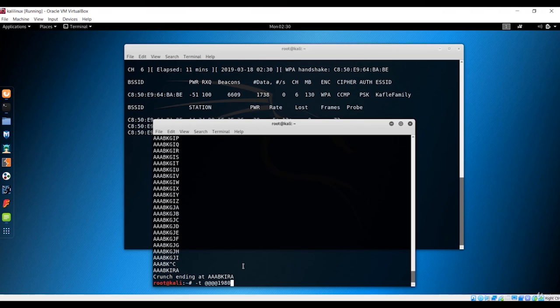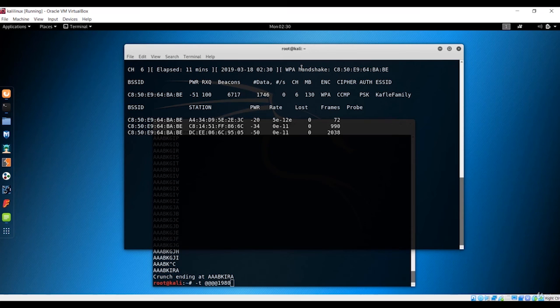And the next one is the output, and output is basically to show where this file should be saved. So this will be wrapped up in this lecture. We'll create this wordlist and work against the WPA handshake to crack the password of this network in the next lecture. See you in the next one.